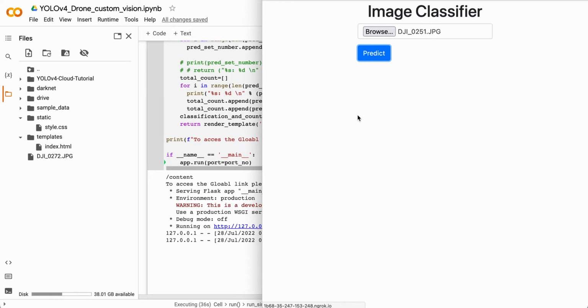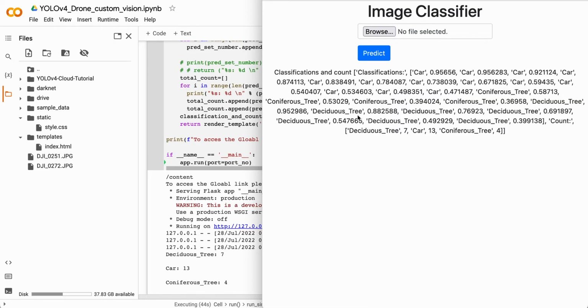It takes a few seconds. And it listed the classifications, in descending order of confidence,